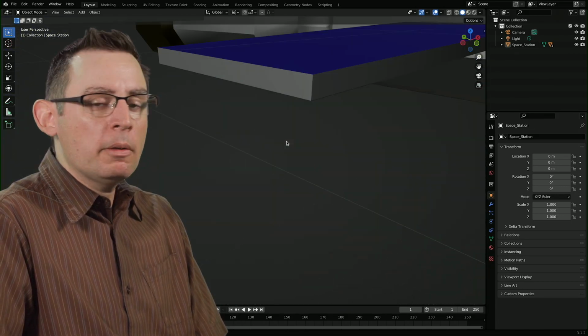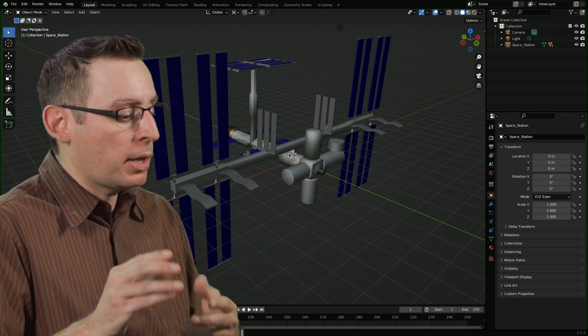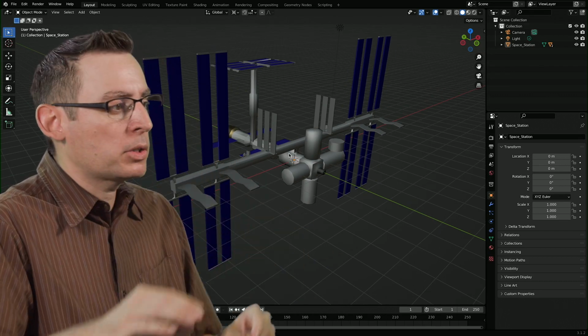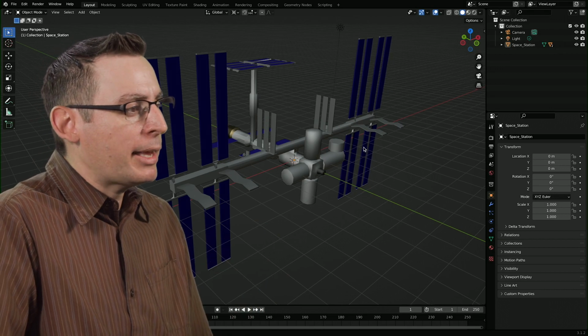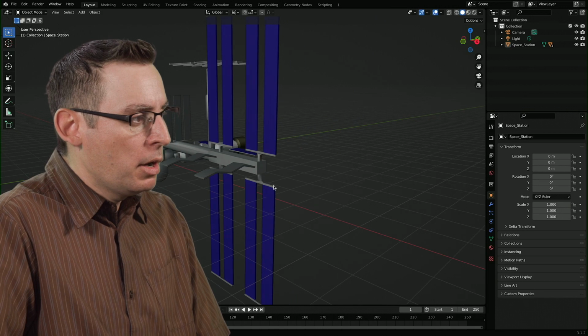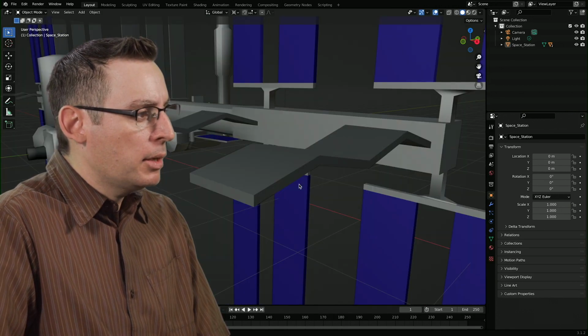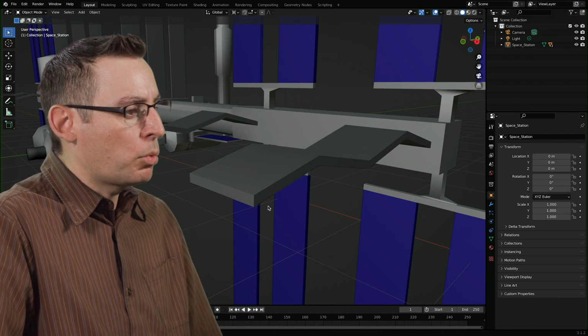So those are the 3 basic viewport navigation commands that are really going to help us orient ourselves and examine different parts of the scene. As an astronaut, this allows me to go in. Maybe I want to look at the details of this solar panel over here. Well, I can zoom in. Excuse me, there we go. I can get right up next to it, and I can examine the contents of this corner right here.